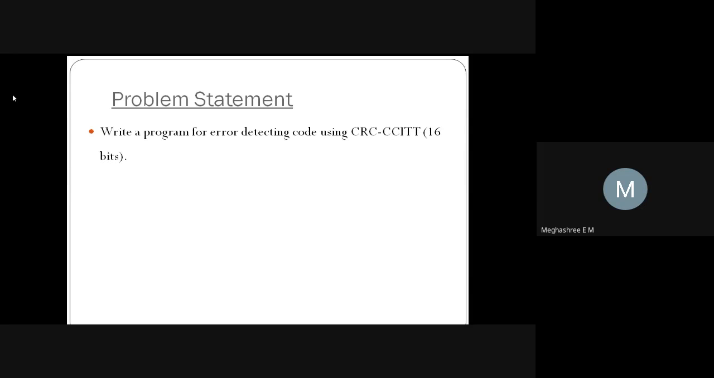Okay, the problem statement goes like this. You are asked to write a program using Java for error detecting code using CRC where they have given 16 bits. Error detecting code can be done using CRC that you have studied, right? That is the cyclic redundancy check algorithm. In this program, they have given